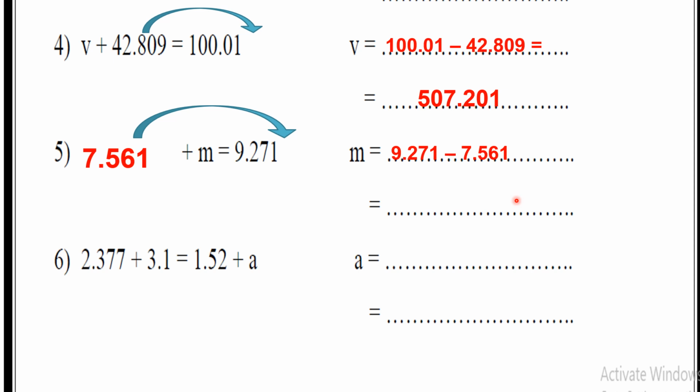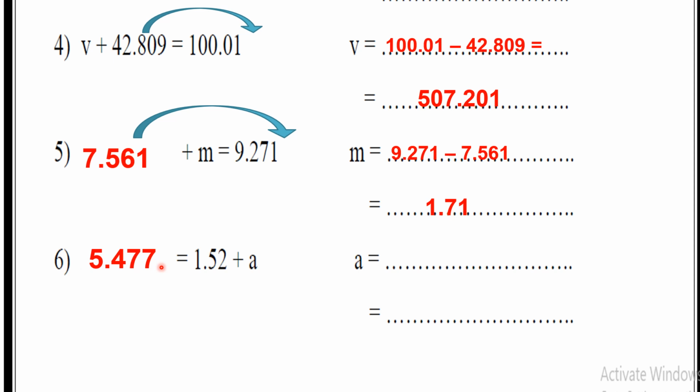So this number, I will take it to the other side, like this. So using the inverse operation, what does it mean? Minus. So it will be m equals 9.271 minus 7.561. If we calculate it, it will be 1.71. And now in number 6,